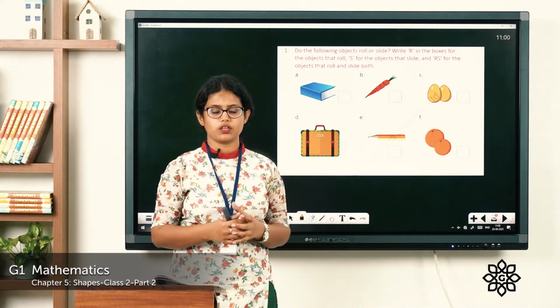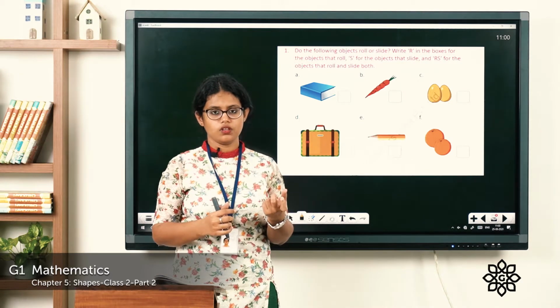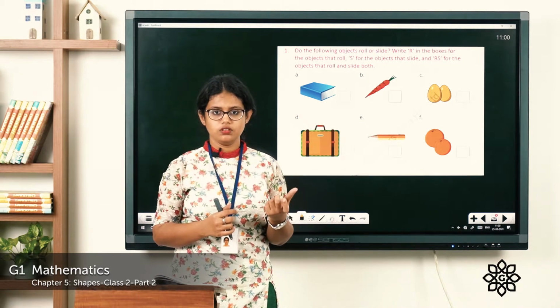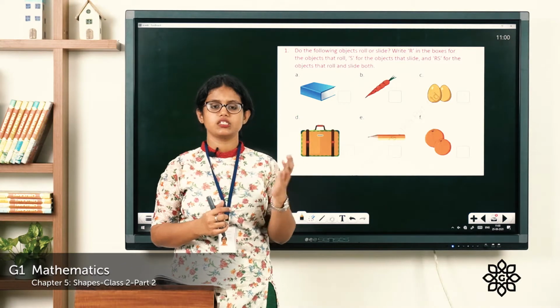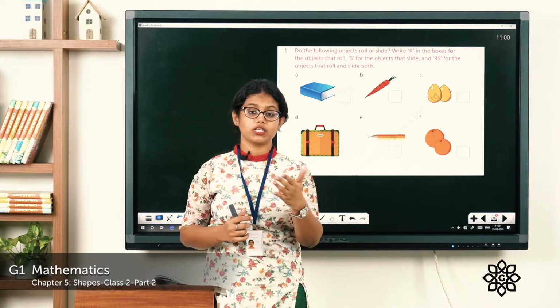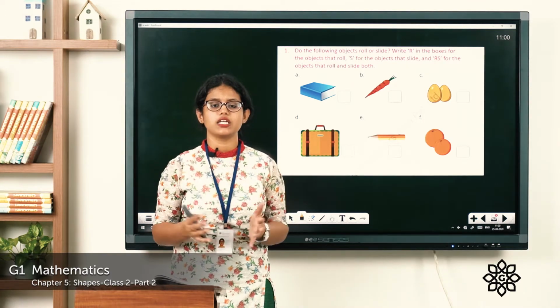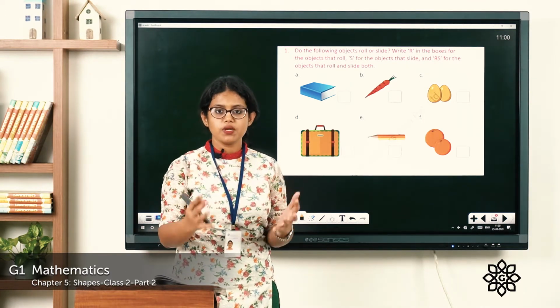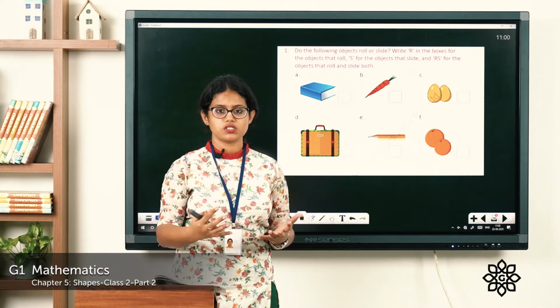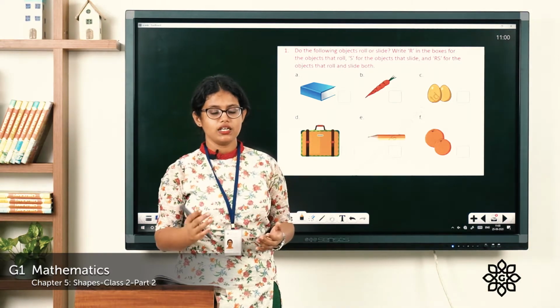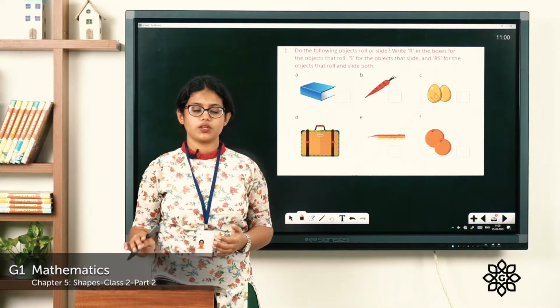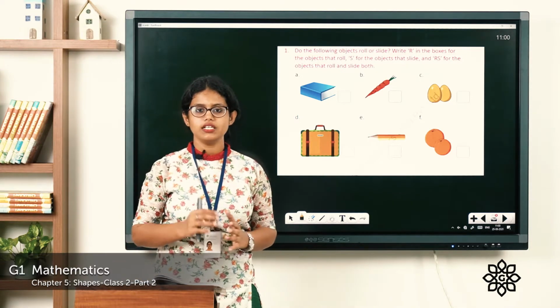You can take something like an eraser, keep it on the table, and just push it. You can see whether it can roll or whether it can slide, and you can write it down in the book. You can take things which are around you, experiment, and find out how it moves. Will it roll or will it slide? Then you can write the answer. You can write the examples here in the textbook.